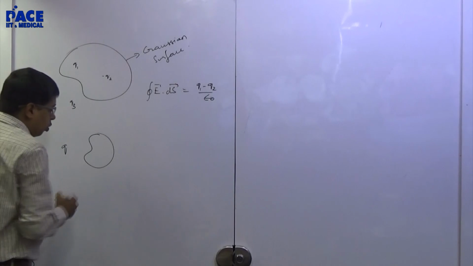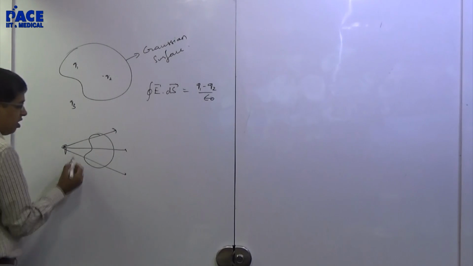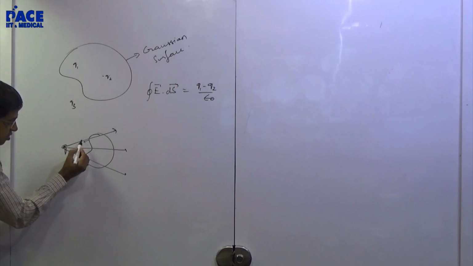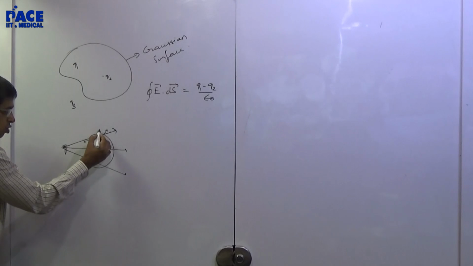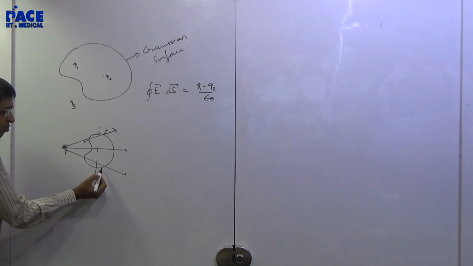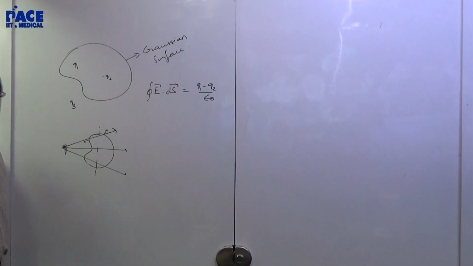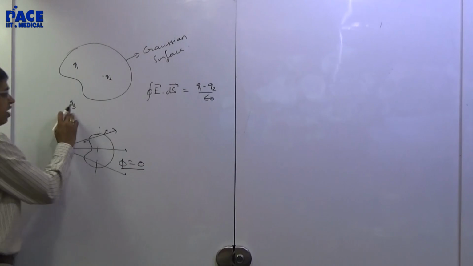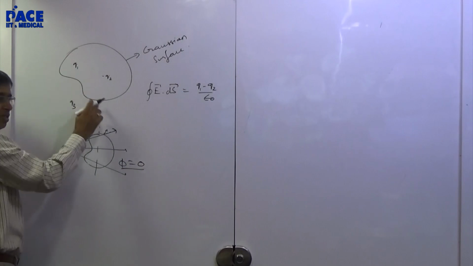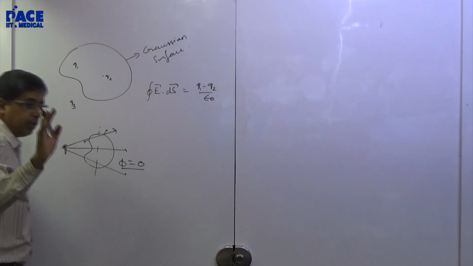Why? If I have a closed surface and I have got this charge, the lines of force entering in will be leaving out. Here dS is like this, field is like this. Here field is like this, dS is like this. All throughout the right part of it I will get positive flux. All throughout the left part of it I will get negative flux. E and dS are opposite. They cancel out. So flux through this will be 0. If I have a charge outside the Gaussian surface, flux through that surface because of this charge will be